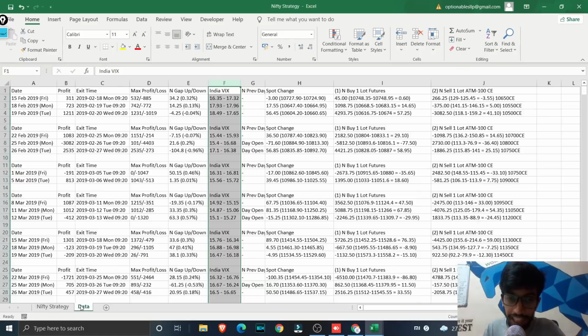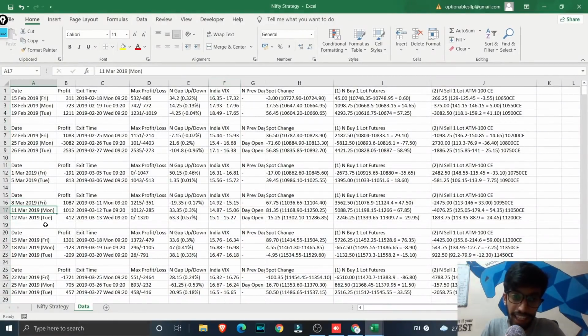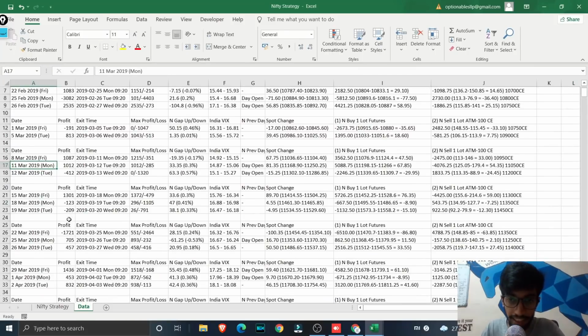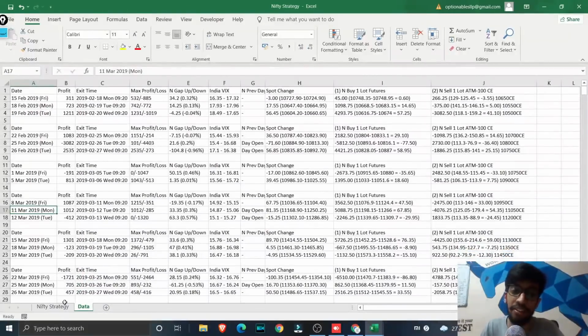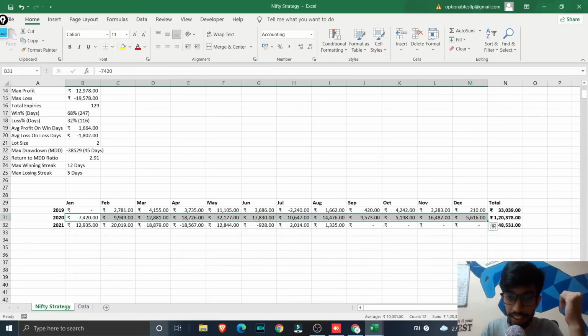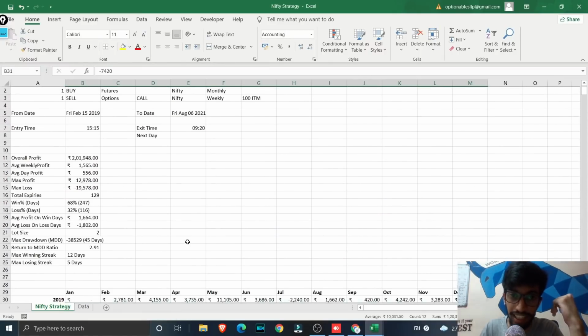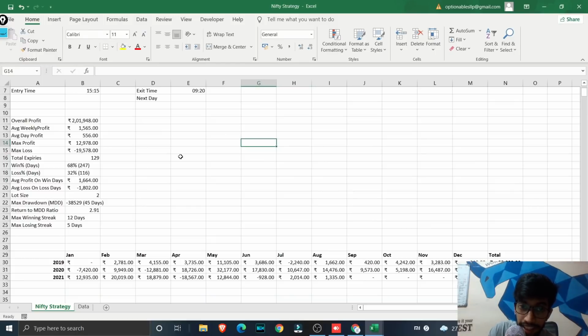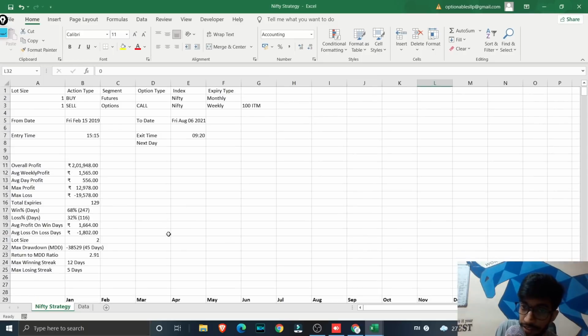So now if you come to data, you can find individual days. As I told you, you can only find Monday, Friday as well as Tuesday. Wednesdays we have excluded, and Thursday Stockmark is not going to show you. So I will get the data backtested from external sources, and I will be attaching the same in some days. Okay, so you can see that this data is for 75 quantity, because now Nifty future is just 50. So we are going to actually position ourselves for 50 quantity. So this data is for 75 quantity of Nifty.